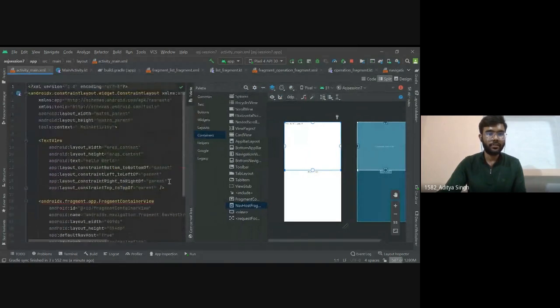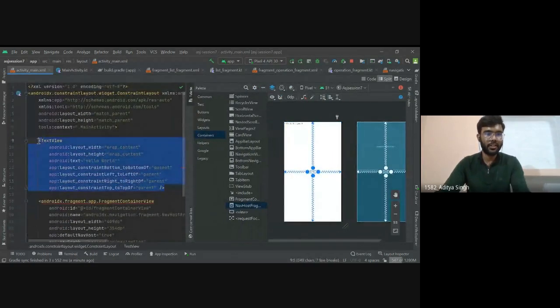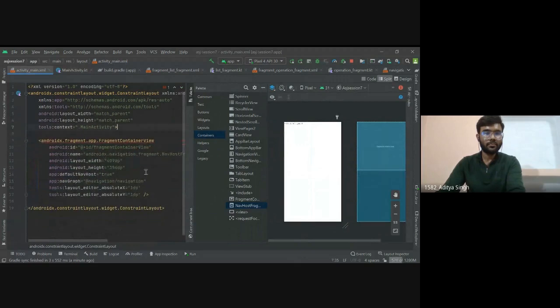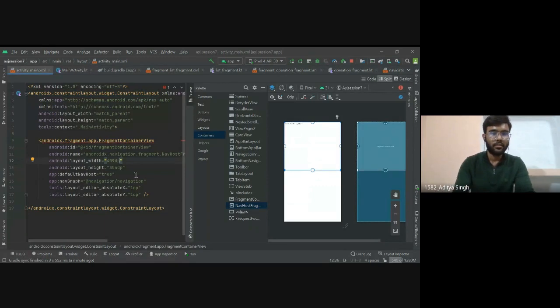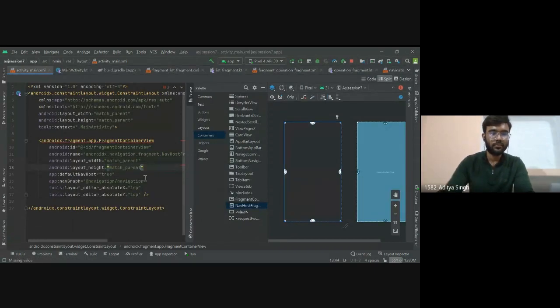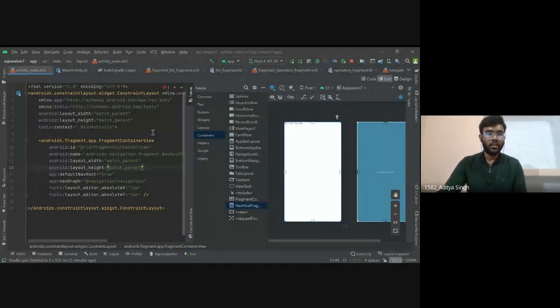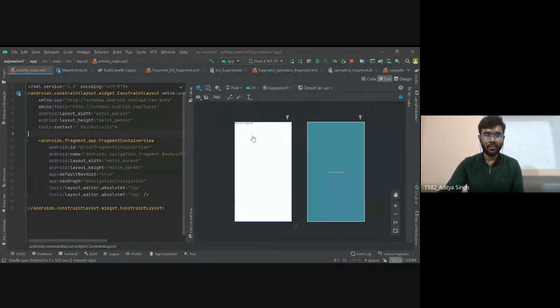It is here. Now we can remove this text view. We don't need that. And we can make it match parent. Sorry, not wrap content, match parent.